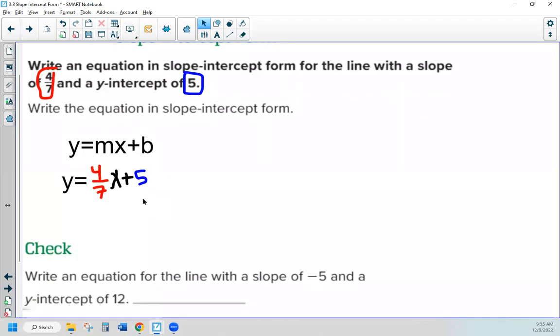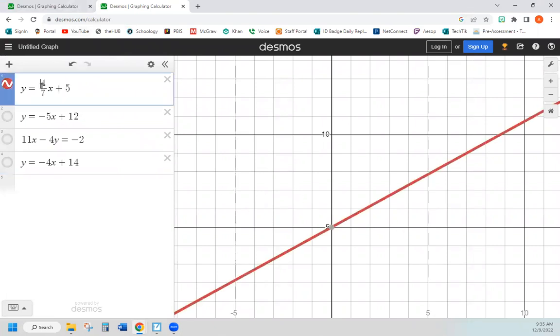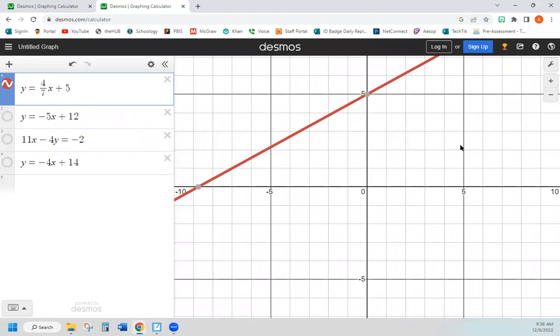Now, go ahead and put that in your book and look while I take you to Desmos so you could see it. Look at the line. Let's talk about it. 4 over 7 is a positive number. There's no negative. So you could see that this line is going up, first of all. Next, the first thing you want to look at is this plus 5, okay? The first thing you want to look at is this plus 5. So if I take you back to my origin here, my 0, 0, you could see that the